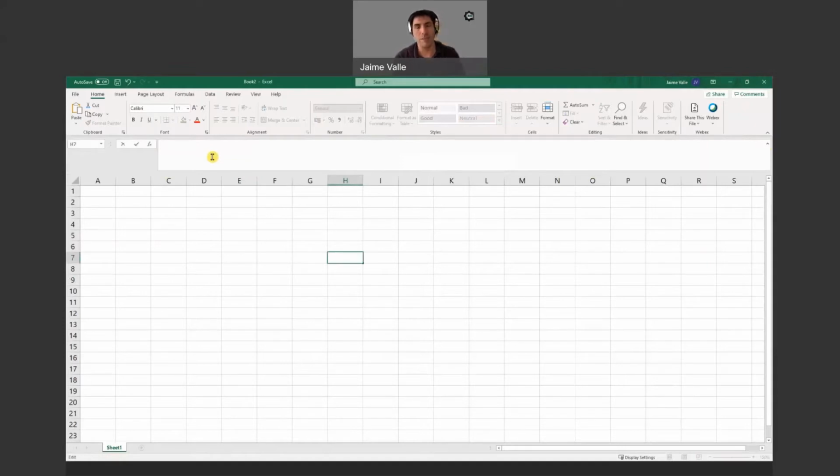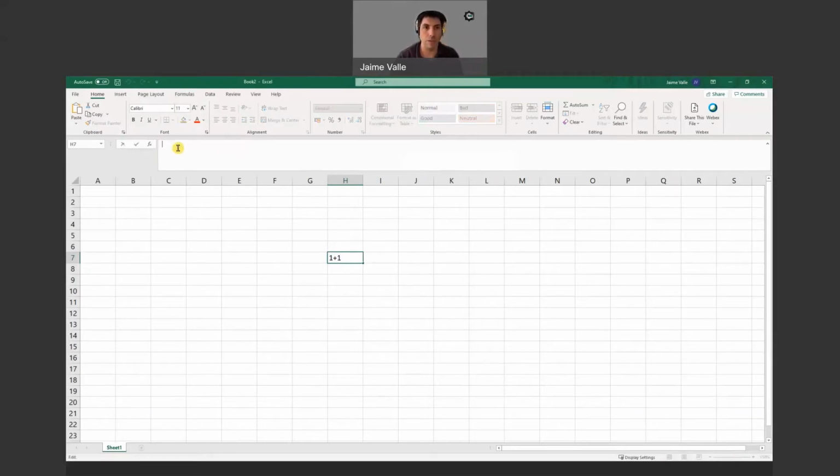So let's do very simple, very straightforward calculations using formulas in Excel today. So let's do an addition, and then we'll do subtraction and something like that. Simple stuff. So what happens if I do 1 plus 1 and then I hit enter? As you can see, nothing happened really. I'm not seeing the result. I'm just seeing exactly what I typed. How can I see the result? How can I make Excel actually do the calculation? I want to see the result of that operation, not the operation itself.